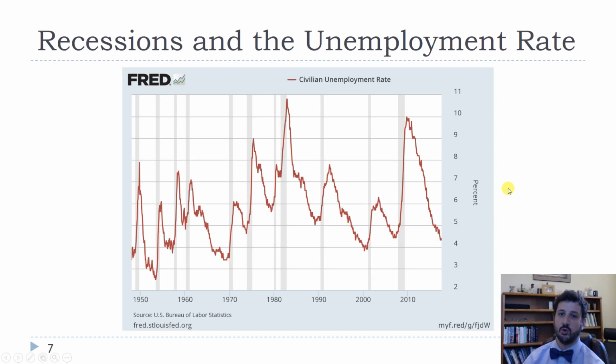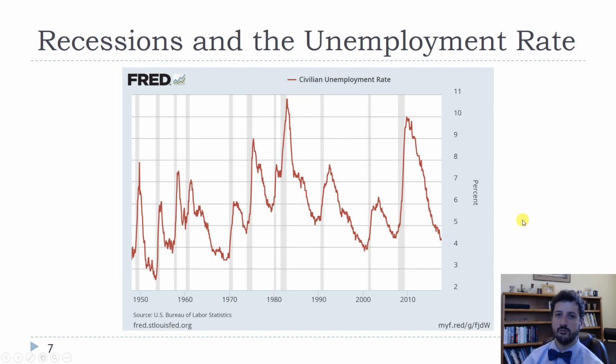If we look at the unemployment rate, we can see again that the unemployment rate goes up during recessions and then comes down during expansions. And so we've seen that we don't have the Great Depression here, and so our scale only goes up to 11%. But if we did have the Great Depression, it would be much higher, about 25%, as I said. The unemployment rate now is pretty low. It is below 5%, which is usually considered a good thing.